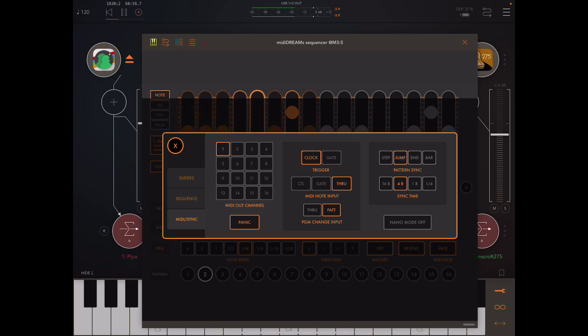It's not going to begin from step 1. So that's jump. That's the difference between step and jump. If end is selected, the pattern will change, but it will wait until pattern 1 has finished before it changes